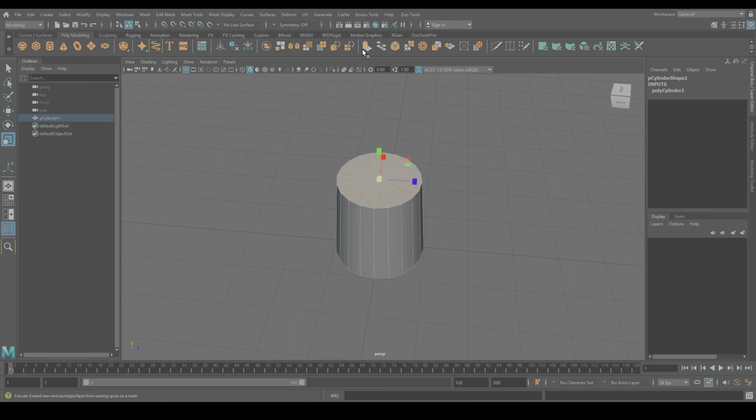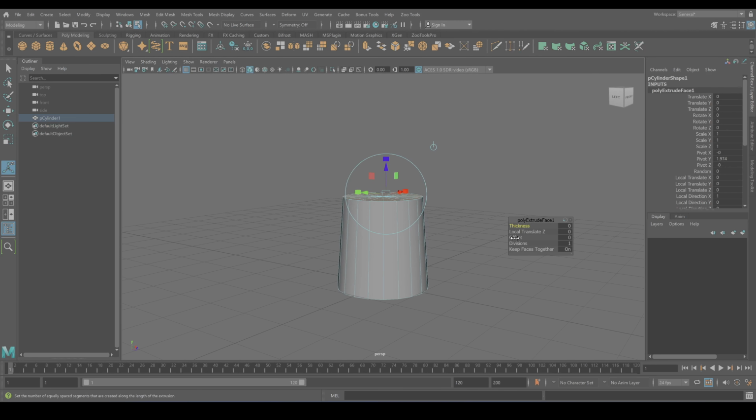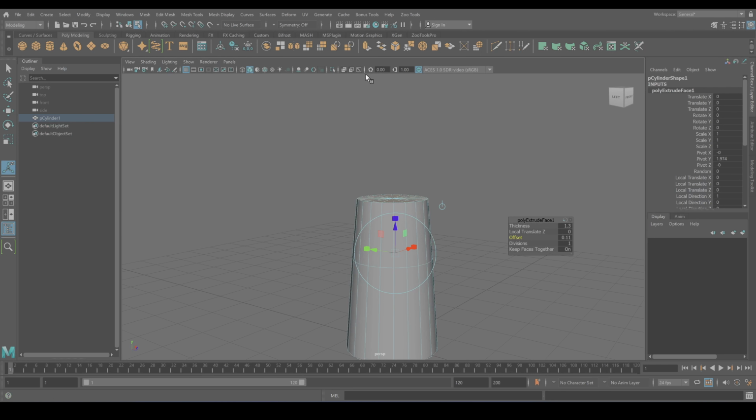selecting the top faces, extruding, going up, using a bit of an offset, extruding again, going up a bit of an offset, going now into the negative direction again.